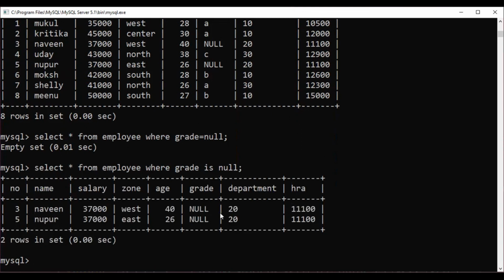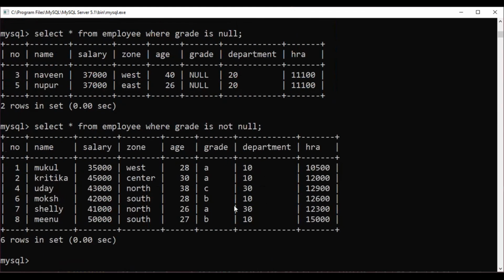So these two values with null appeared. If I just want to display which is not null, what we want to use is not null. There is a one space gap, it's not a single word, you have to keep it in mind. So non-null values will be displayed here, and null values will be displayed there. What is a null? They can also ask, is it equivalent to 0? No, it's like a legal empty value, that is, wherever a value is not entered, it is filled with a null. It's not equivalent to 0.